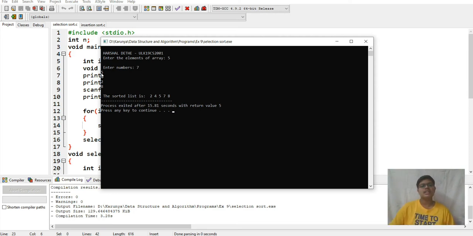The 7 will check in the list that here is the number 2, then this 2 will be swapped with 7. Afterwards the pointer will shift to the 5, and 5 will check all the elements, then 5 is greater than 4, so they will be swapped, then the pointer will shift here. The 5 will come here, and 5 will check these elements, then here will be 7 and 8, because these are already sorted, so no operation will be performed. So here is the output: 2, 4, 5, 7 and 8.